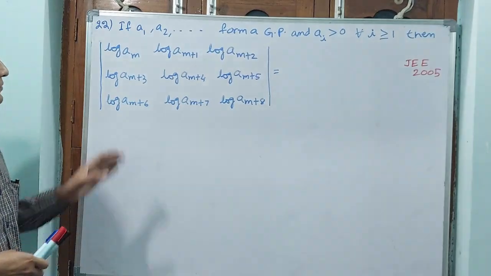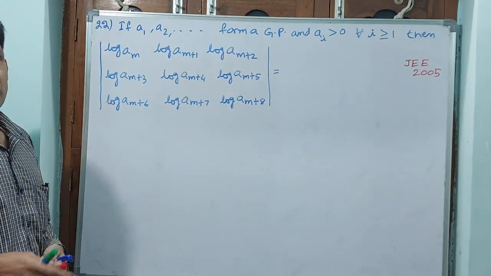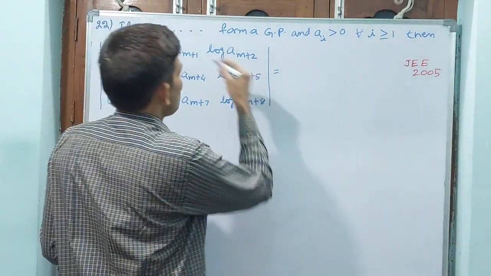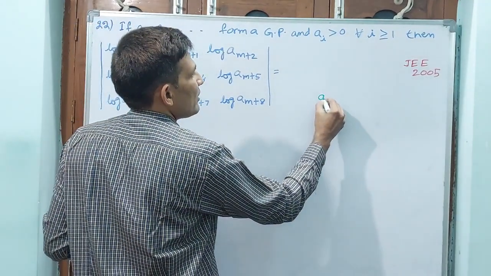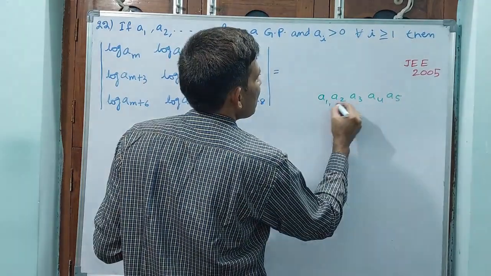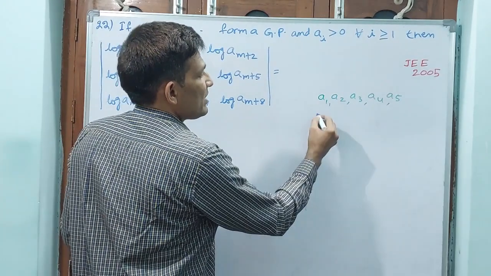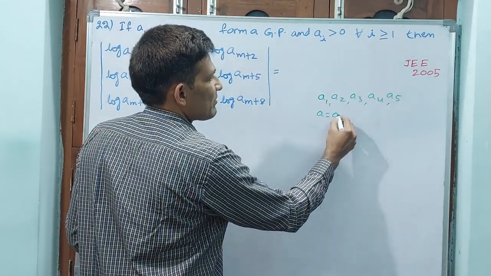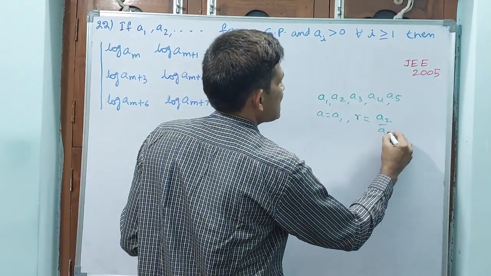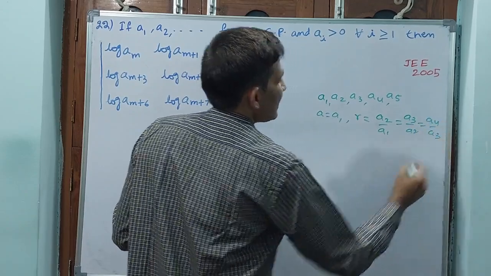Okay, before proceeding, first of all, we will see the basic geometric progression. Why? Because that is very important. See, A1, A2 is there here. In a geometric progression, how will it come? A1, A2, A3, A4, A5, like that. Now A will be the first term A1, but what will be R, the common ratio? A2 by A1 is equal to A3 by A2, equal to A4 by A3, like that.